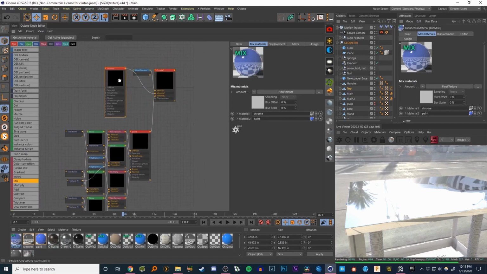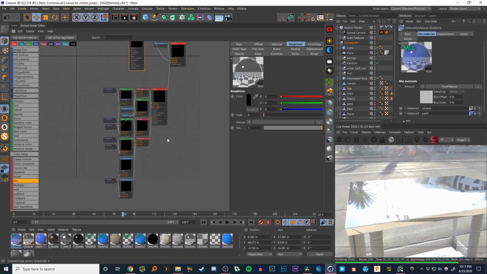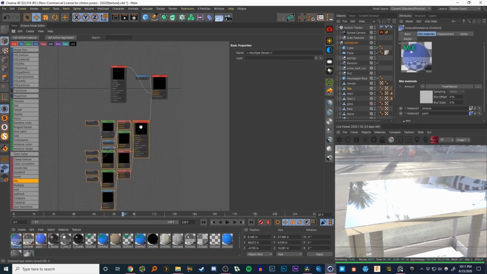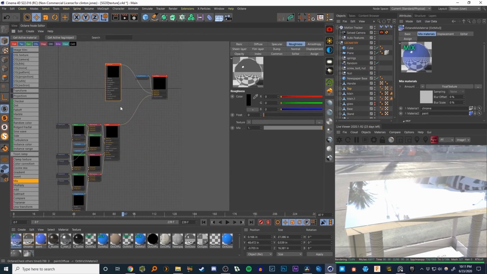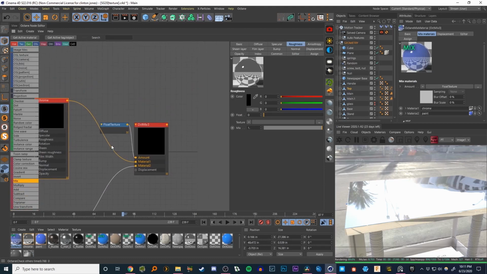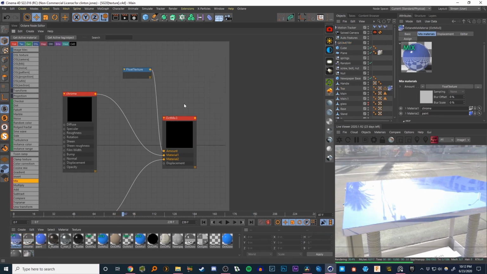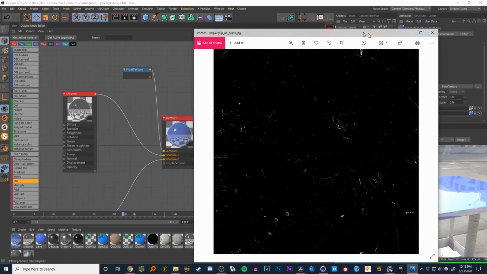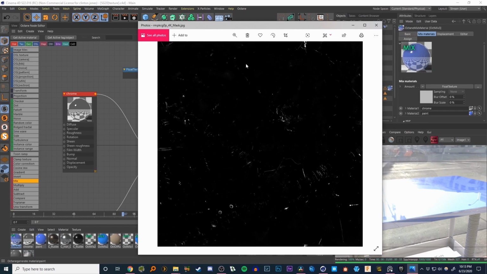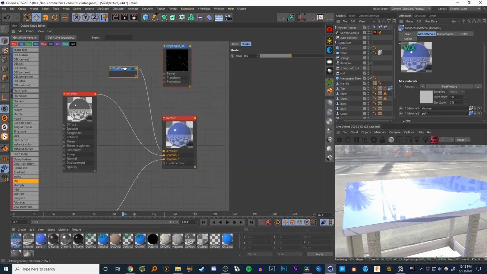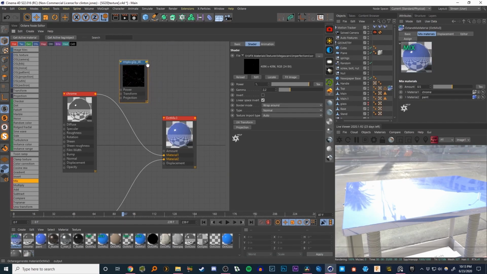Okay, so we basically have our chrome material here and our paint material right here. And it's mixing between these two, once again by default, with a float texture set to 0.5. And let's apply the mixed material to our geometry. So right here we have a fantastic scratched surface imperfection that we're going to use to mix between the chrome and the paint. Let's bring this in, let's get rid of this float texture, and let's pipe this into the